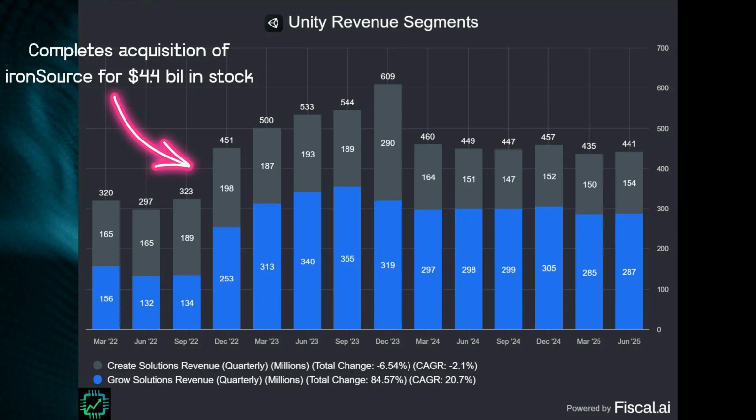And then the subscription software side in gray has also stabilized as well. A lot of pull forward in that during the pandemic when mobile games were pretty hot. And so they've struggled to rekindle any sort of growth for a couple of years now. But is all of that about to change?